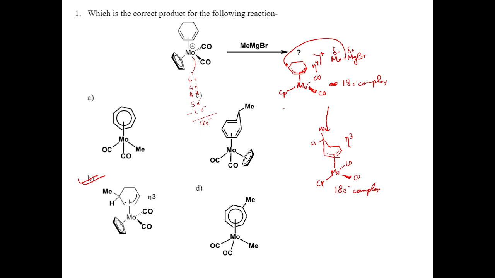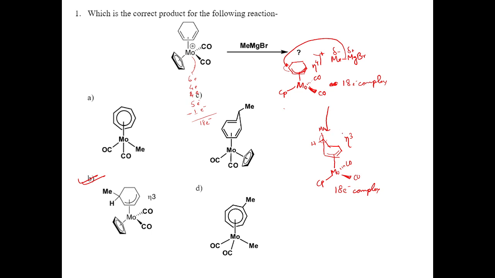So what will happen is that this Me will attack here and it will form this type of thing. Previously it was planar, but after this it becomes an sp3 carbon. This is sp2, but after the reaction it will be sp3. So that's why it's not in plane. It formed this type of